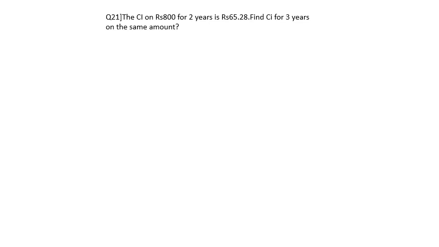CI on 800 for 2 years is 65.28. Find CI for 3 years on the same amount. Okay. How to solve this guys? CI on 800 for 2 years is 65.28. Fine. Okay,